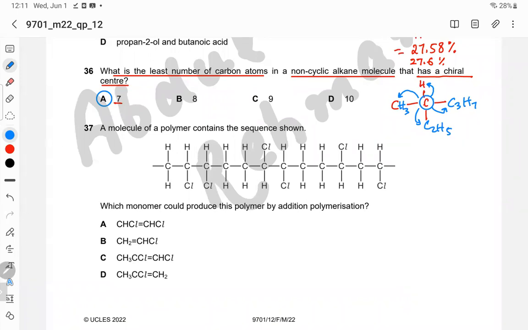A molecule of a polymer contains the sequence shown. Okay. Which monomer could produce this polymer by addition polymerization? So if you separate the repeat units,